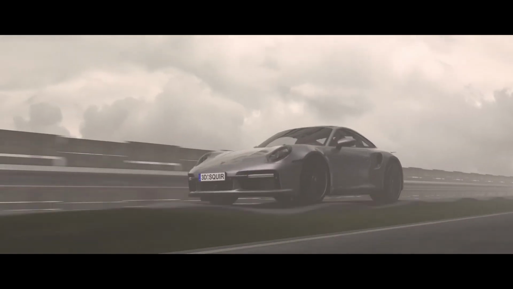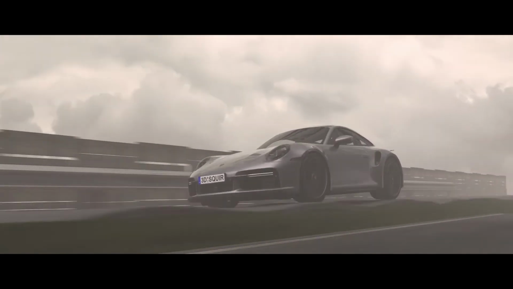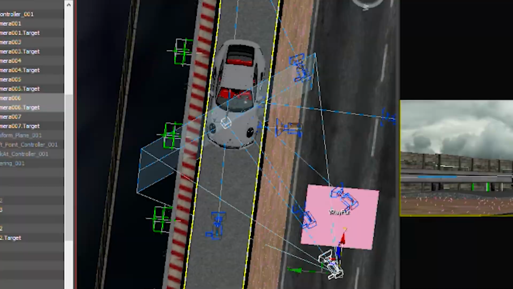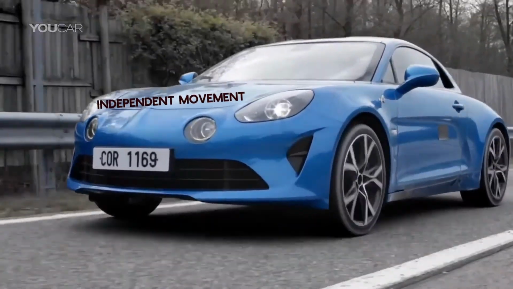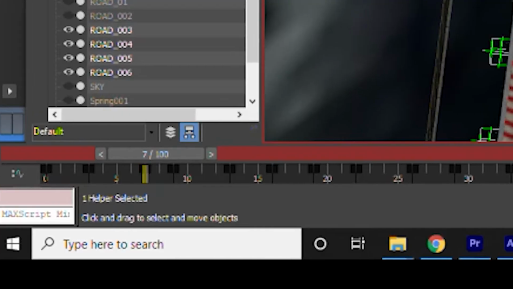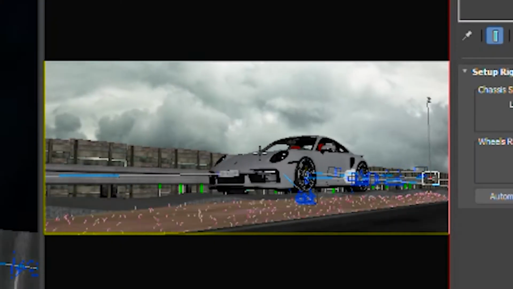And you might ask yourself, why does this look so bad? The reason is because they moved perfectly together. In real life, the camera and the car would have independent movement. So that's what I did. Once I parented the camera, I added keyframes to move the camera back and forth so that it'd look less